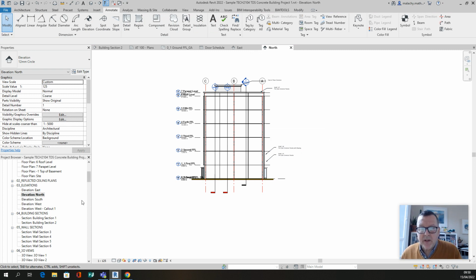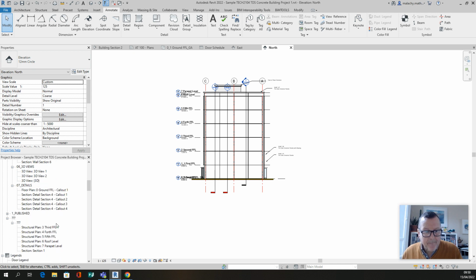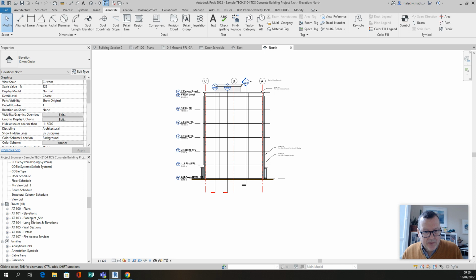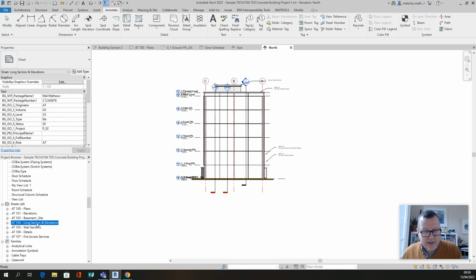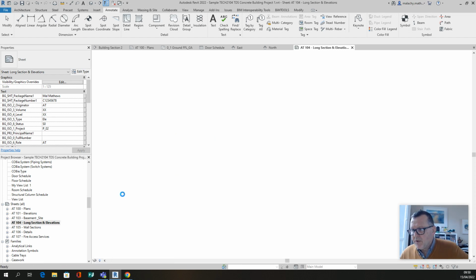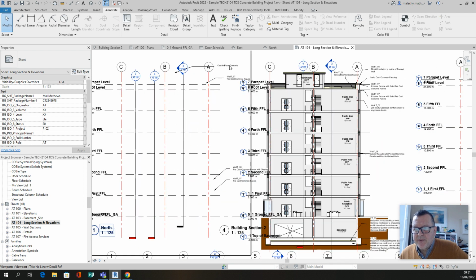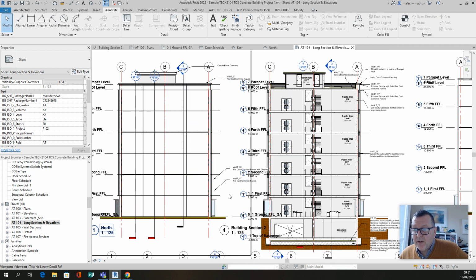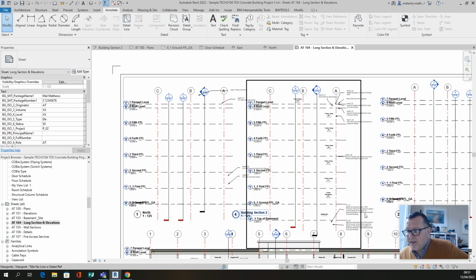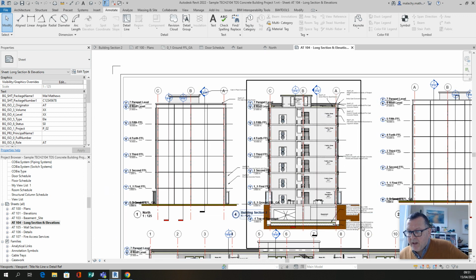And if I go into my sheet that has the elevations, I think there's the long section and elevations is what I've got here. Let's pop in there. I'm going to do a longer video on this one as well, showing you how that's done. So here's those things that I populated. Now I might need to shift them over here a little bit, and I can do that. But you can see now I'm starting to populate my short building section here with the construction description multi-category tags